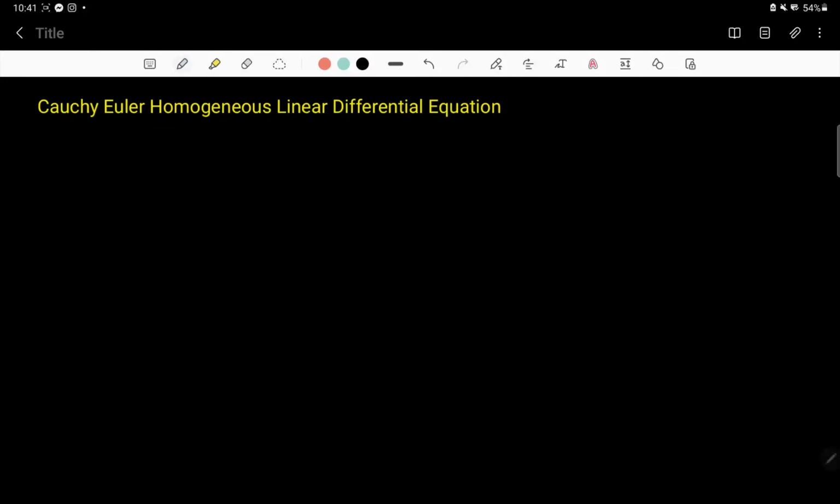Hello students, in today's lecture we are going to discuss Cauchy-Euler's homogeneous linear differential equation. Before starting this, we must know the linear differential equation with constant coefficient, which is given as